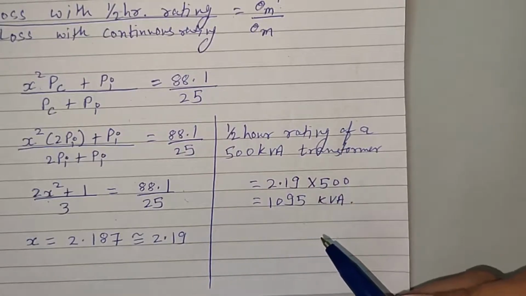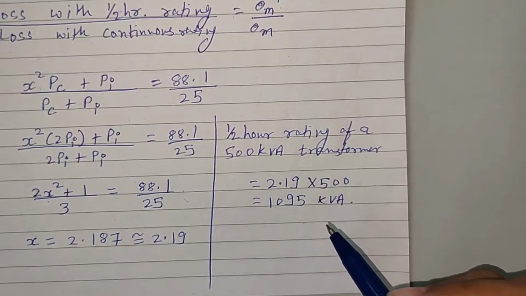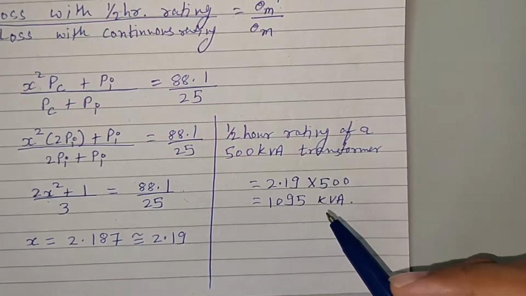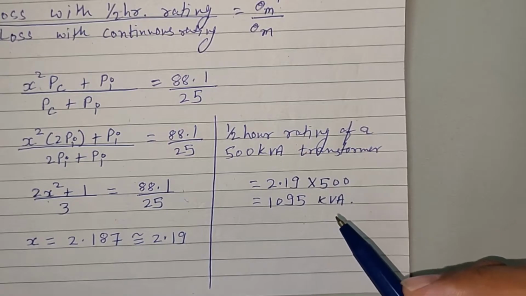By this, we end the lecture series on numericals on temperature rise in electrical machines and various parameters associated with it. I hope now you are able to solve the different numericals and calculate the various parameters.